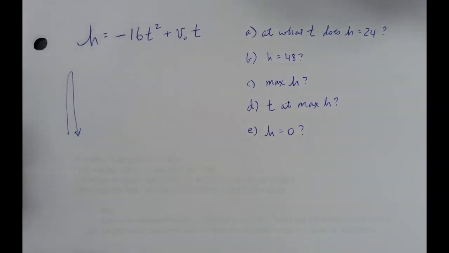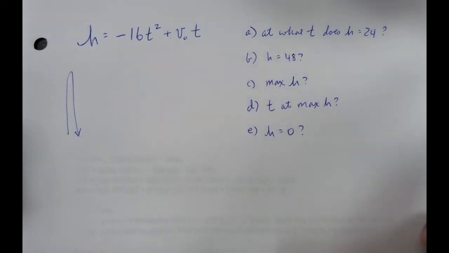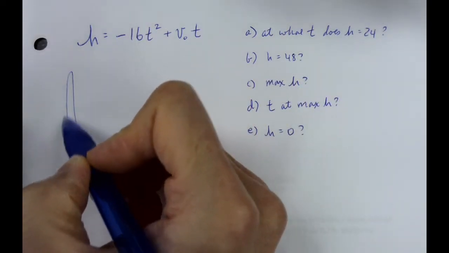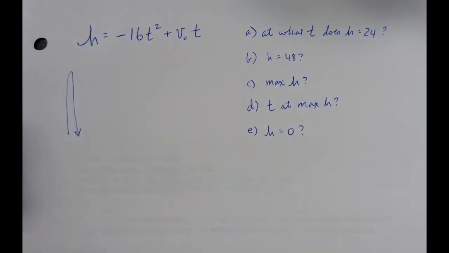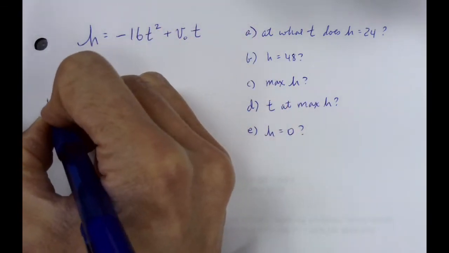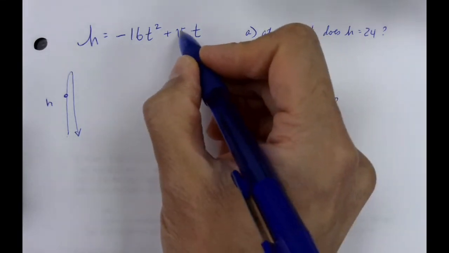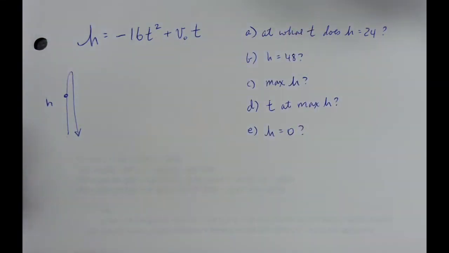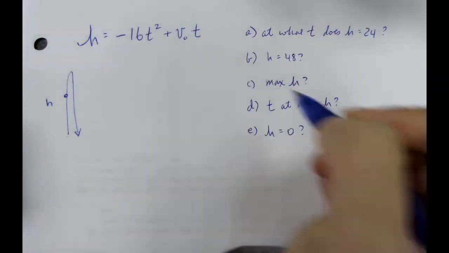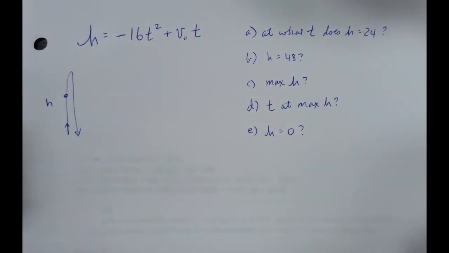So something as everyday as a tossed object into the air has a quadratic relationship between the height of that object and the time that has gone by. So h is height of the ball, t is the point in time since the ball was thrown up into the air, and then v sub 0, or v naught, is the speed at which that ball is thrown